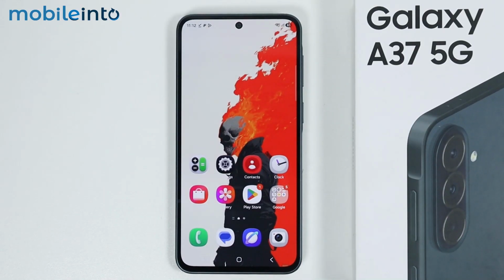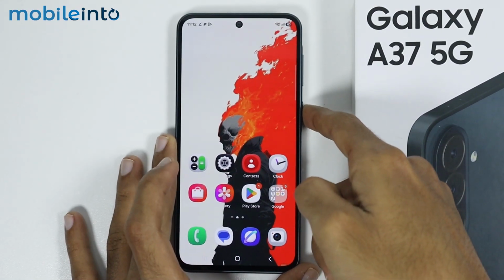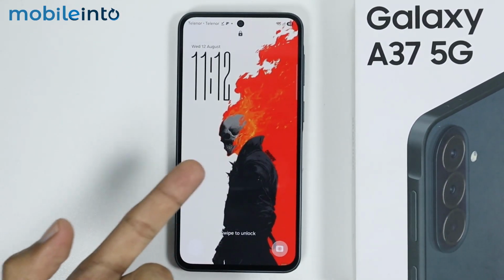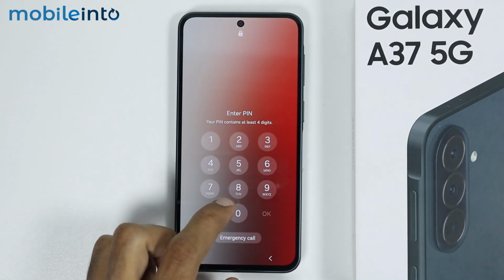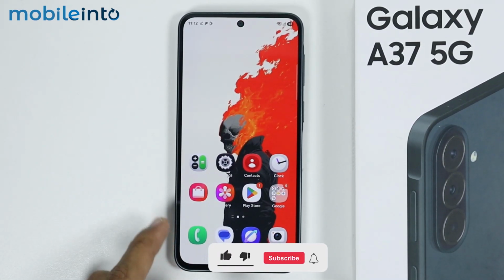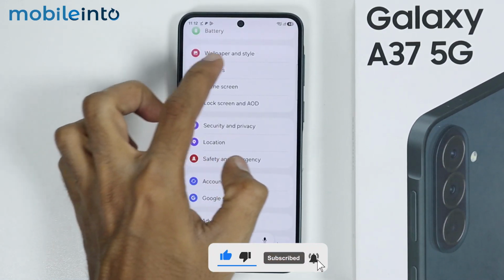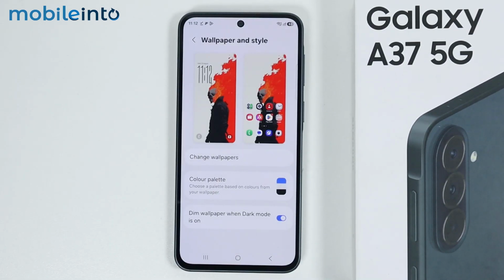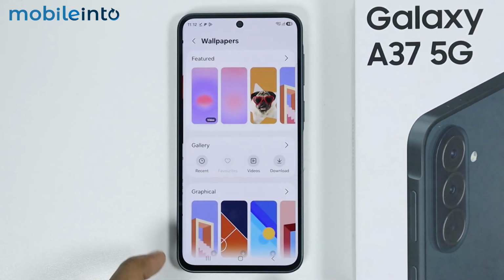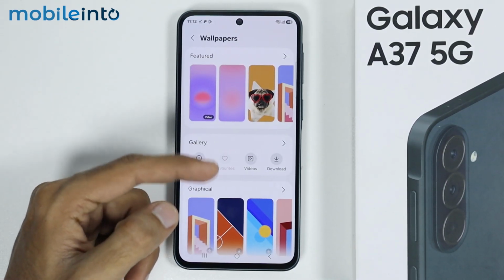In this video, I will show you how you can change the lock screen wallpaper on your Samsung Galaxy A37 or the A57. Now doing that is very simple. First of all, just go to Settings, and under Settings, just tap on Wallpaper and Style. From here, just tap on Change Wallpapers,